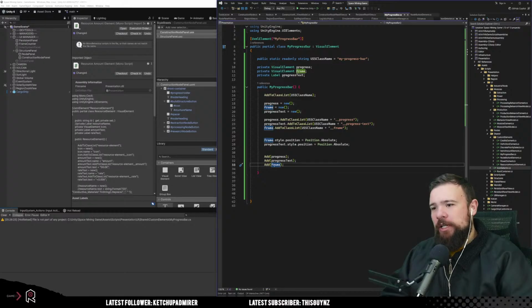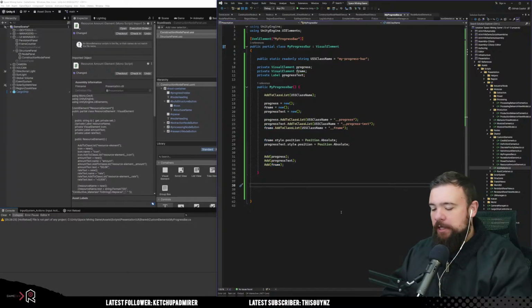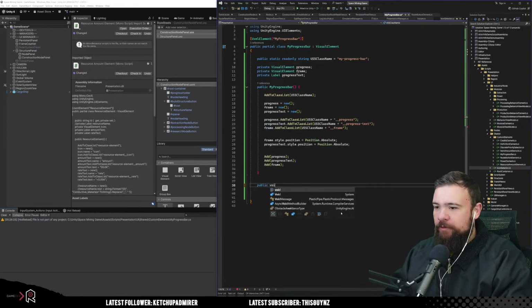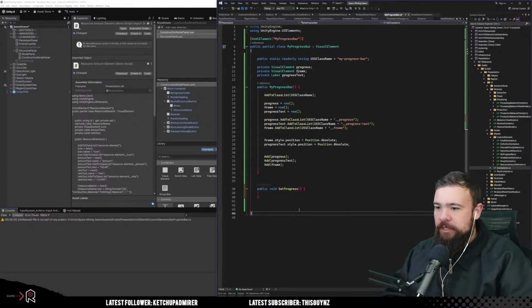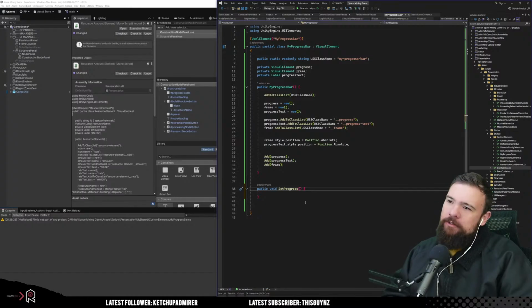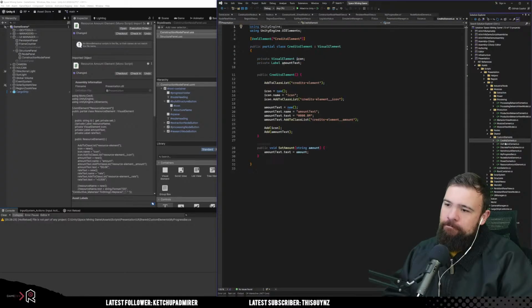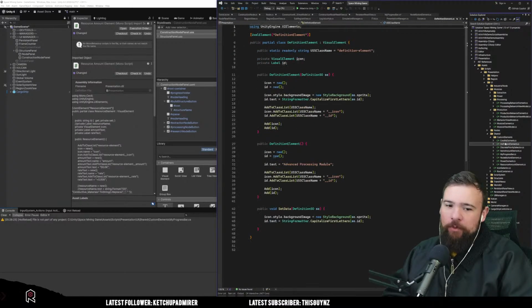That should work unless the frame is not transparent. Then we have a different problem. Okay, but we should have a public void SetProgress, right? Something like that. And do we want math to be done here? So, in other words,